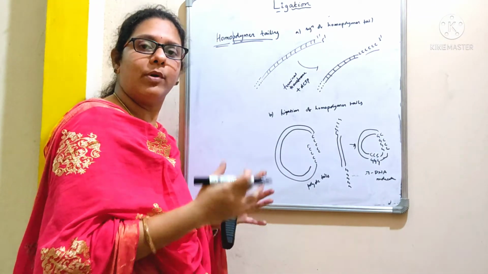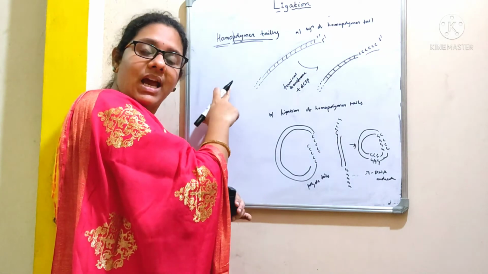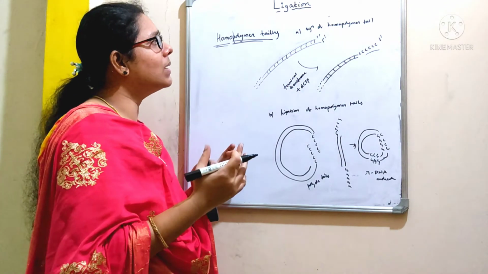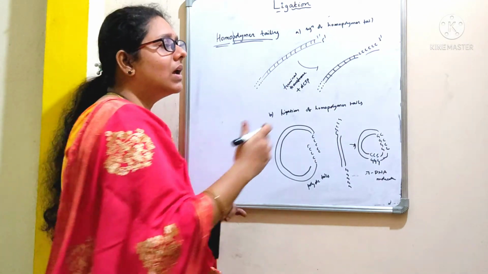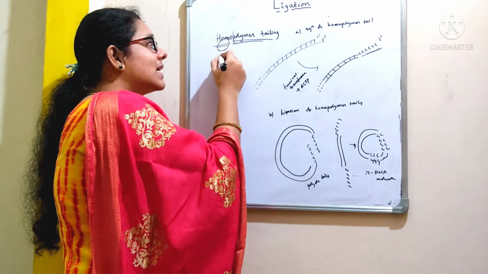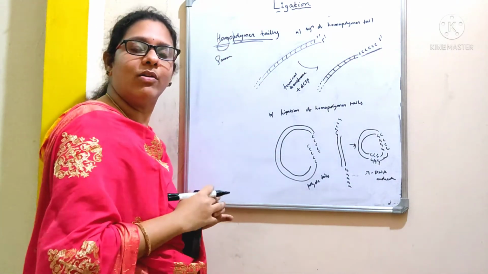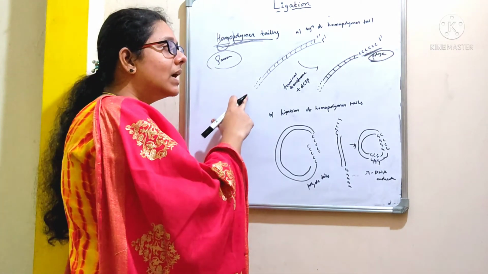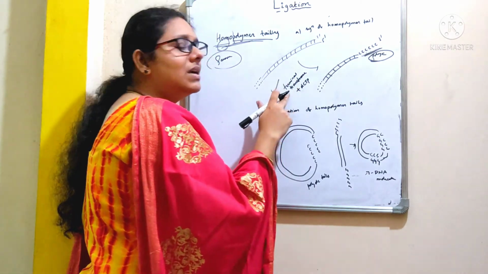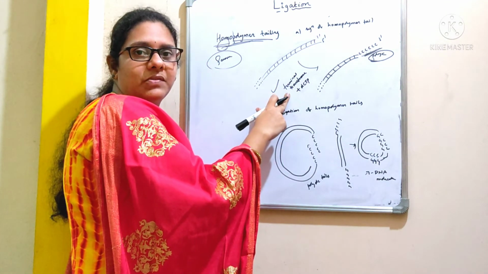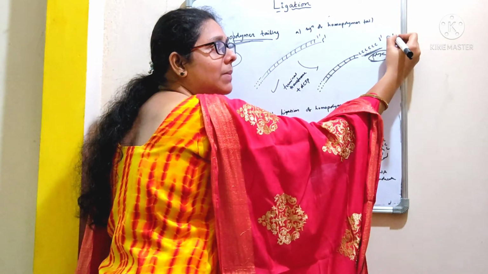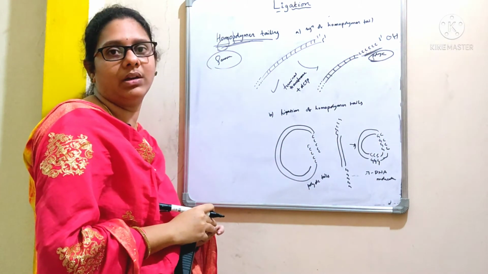Coming to the last one, that is homopolymer tailing. It's a different approach in order to generate a sticky end onto a blunt ended DNA molecule. So here homopolymer is simply a polymer in which all the subunits are same. Homo in the sense same, right? Whereas hetero is different. Here tailing involves the use of enzyme called terminal deoxynucleotidyl transferase, which involves the addition of nucleotides at the 3' hydroxyl end of a DNA molecule.